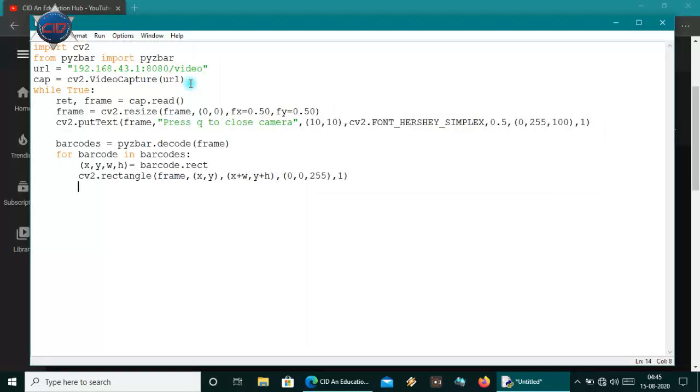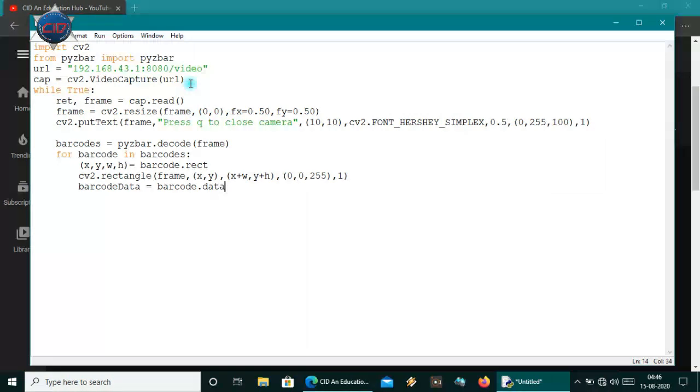Okay, so all the barcode data firstly is not in a string format. It is in bytes format, so we'll have to decode that barcode data also. I'll use barcode data as a variable here, and I will use barcode.data.